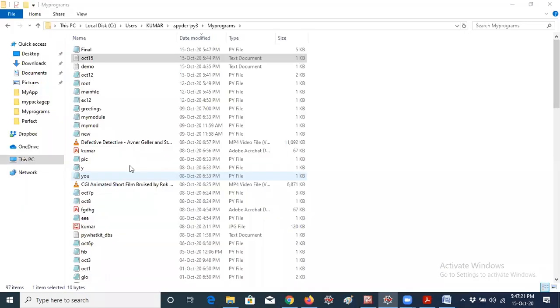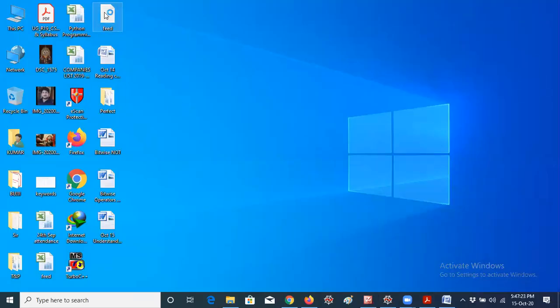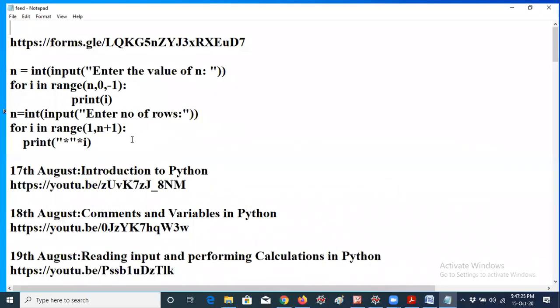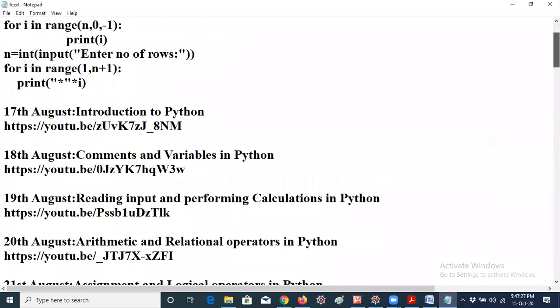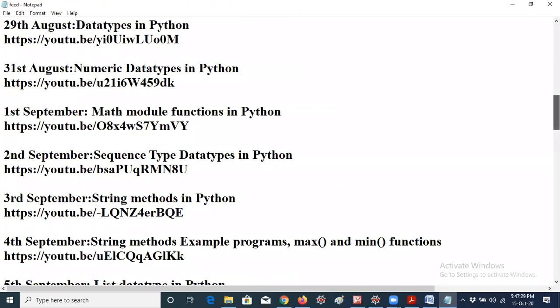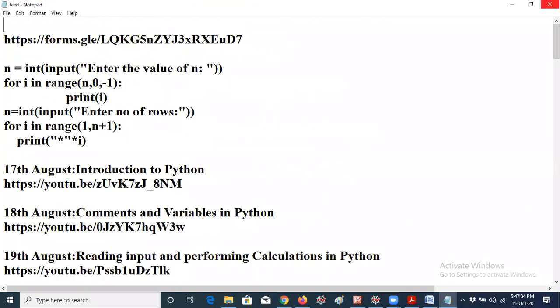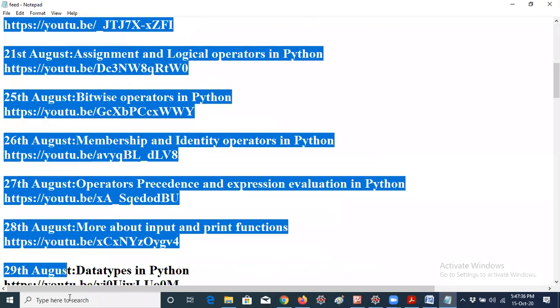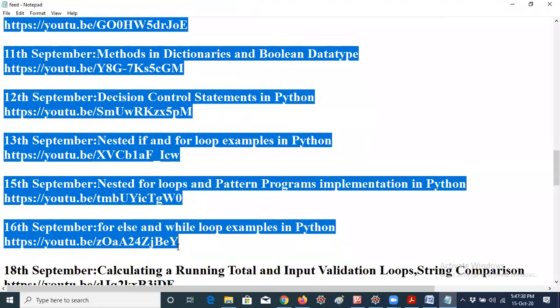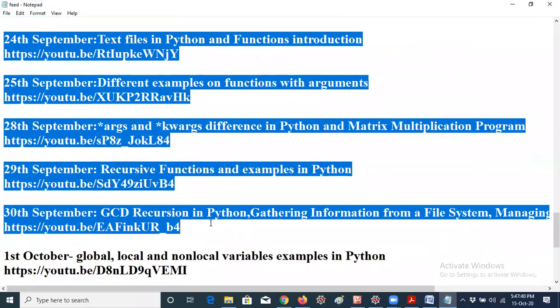Not only that file, for example, every day I'm using the feedback link form, you know guys. But not only the feedback form link, I would like to write YouTube links as well in this. So here it is, my notes actually. I would like to print all the data here. For example, let me write links. I'm having all the YouTube links of the topics discussed till now.